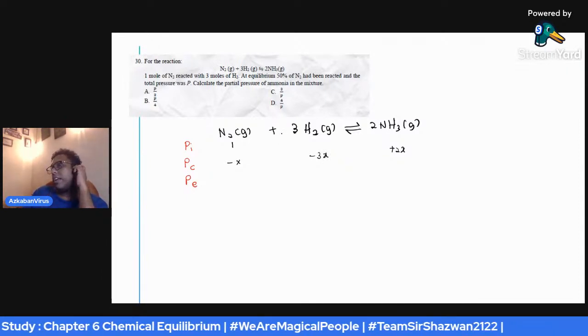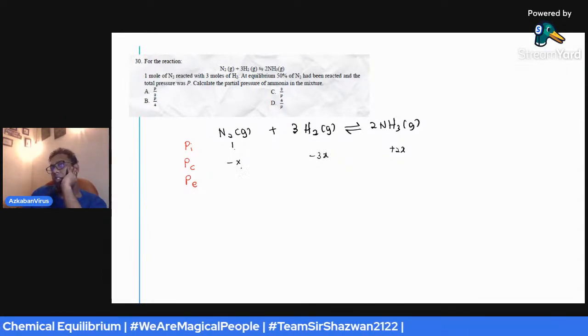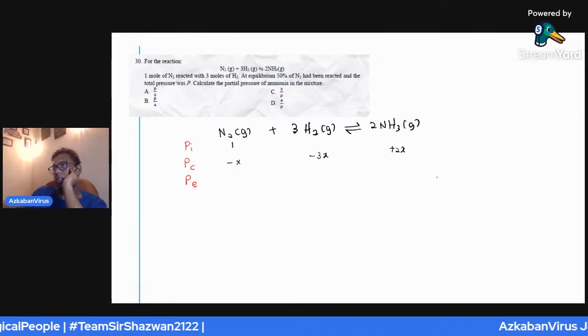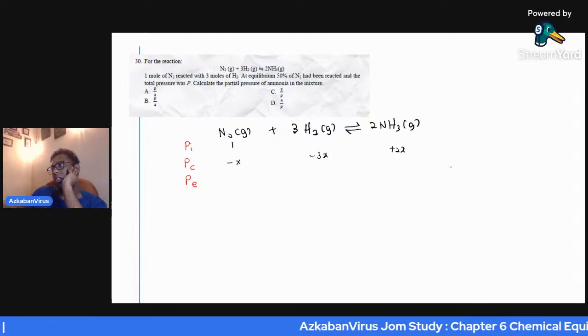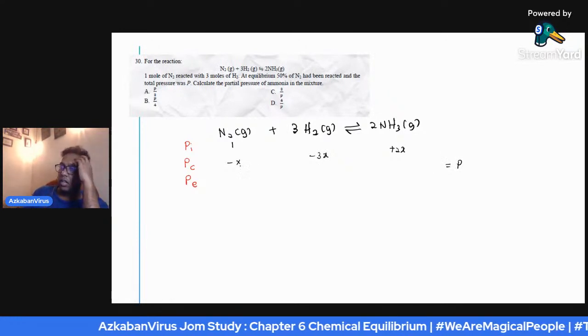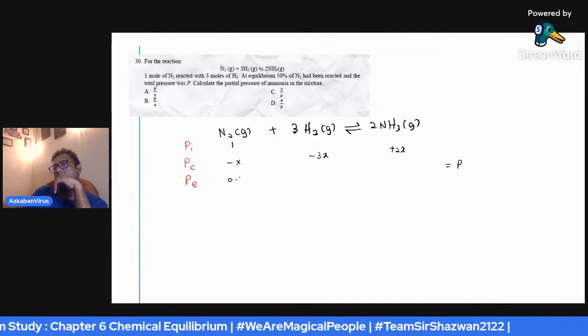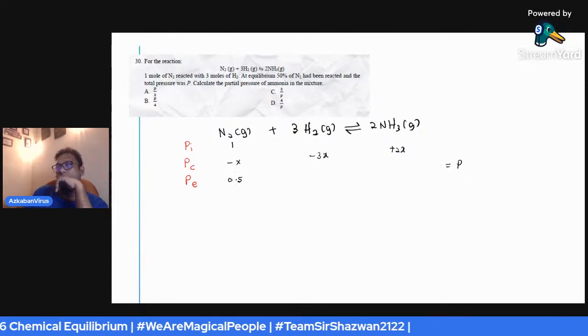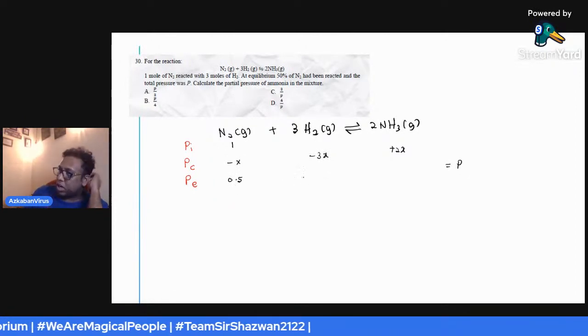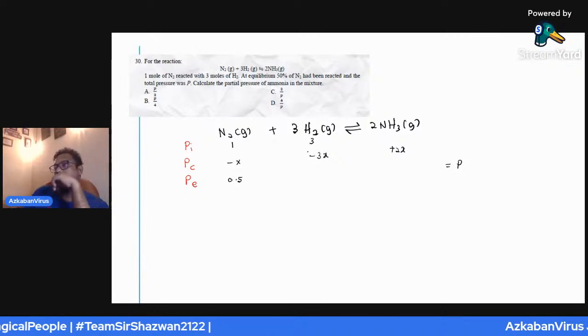Kalau 50% dah react and the total pressure was P, bermaksud X dia sama dengan 0.5. So, kalau ni 1, ini 3,